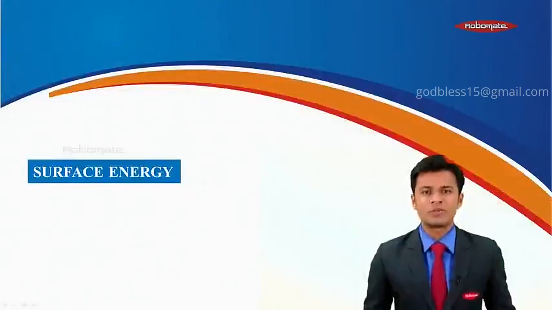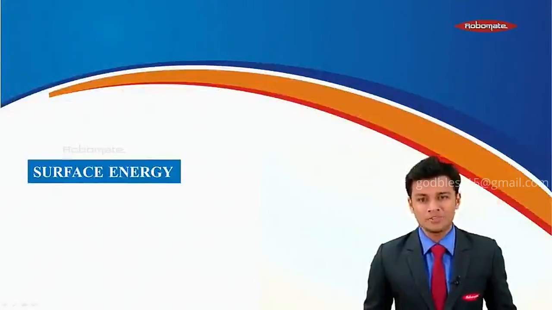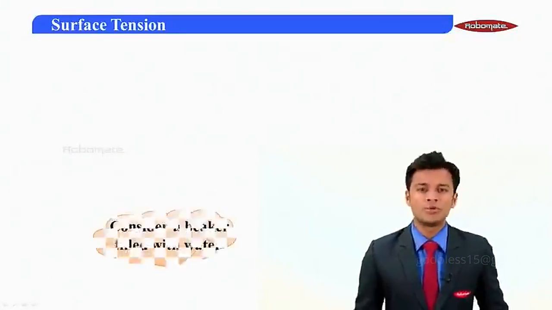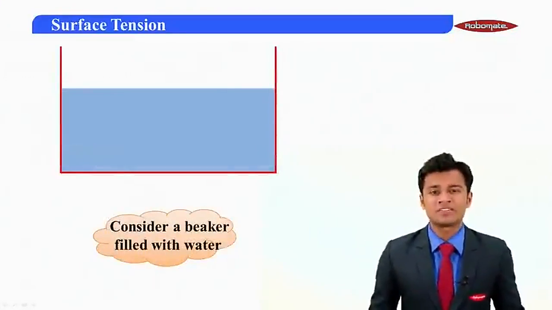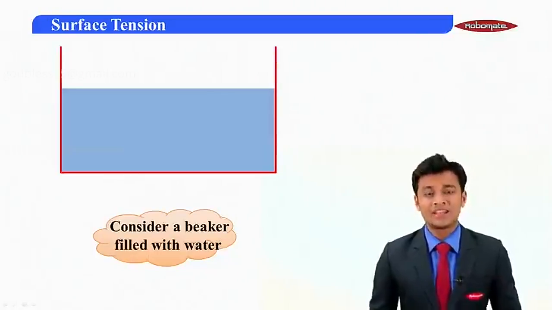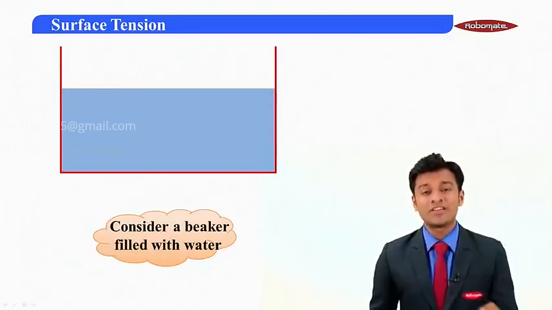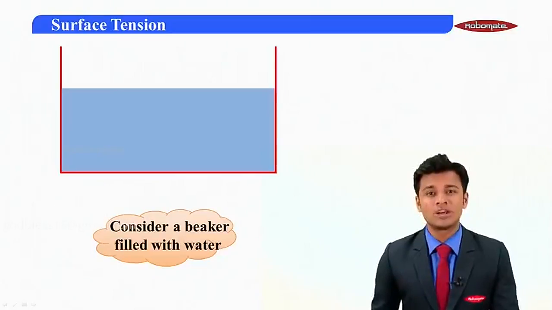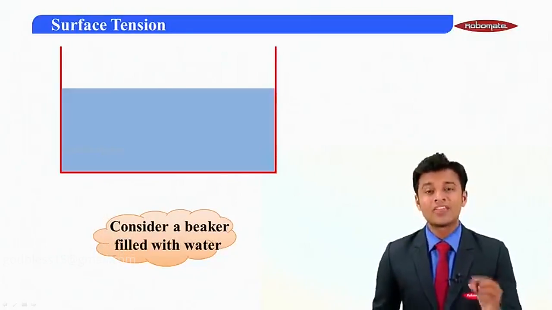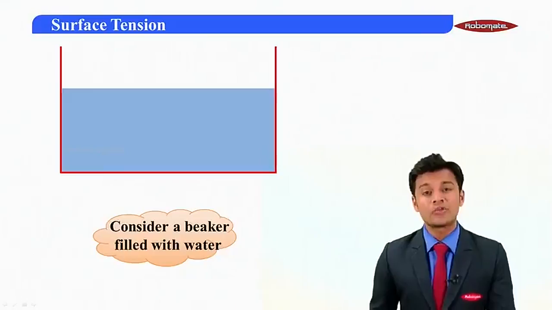Hello class, welcome to the next module of the chapter, and in this module we are going to learn about surface energy. Now class, if we consider a beaker having some water in it, in the previous modules we have learned that the topmost layer of the liquid is called the free surface and the thickness of 10 raised to minus 9 from the topmost layer is called the surface